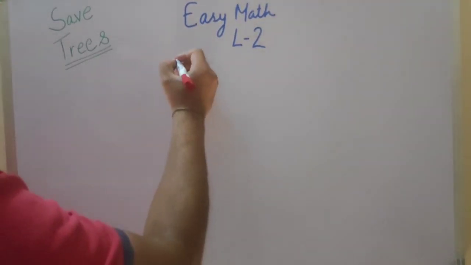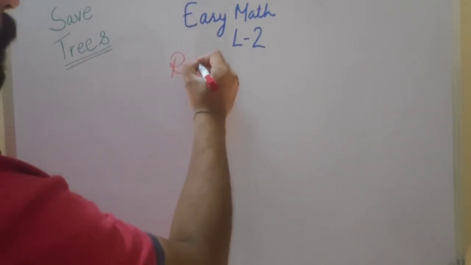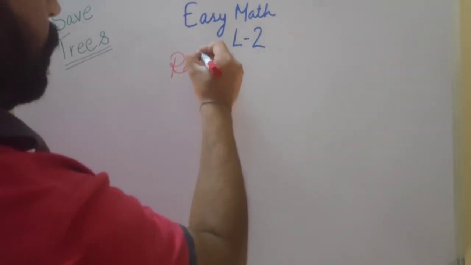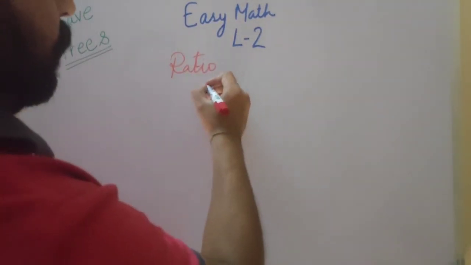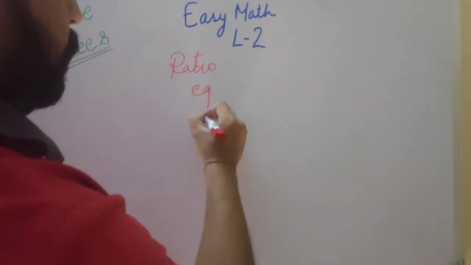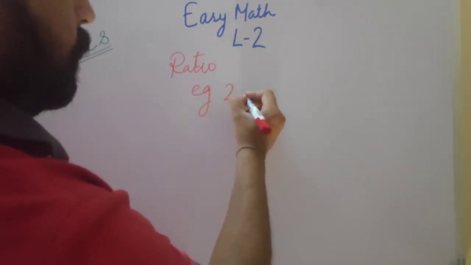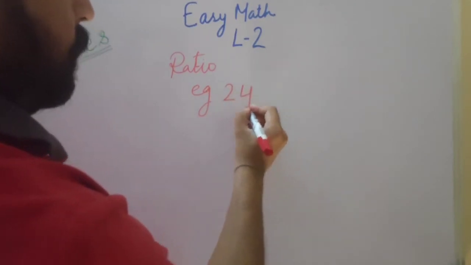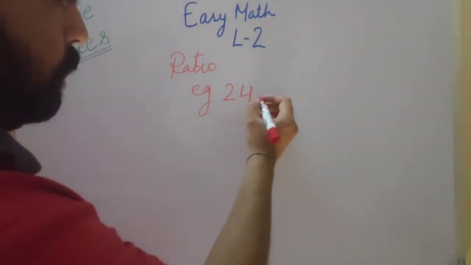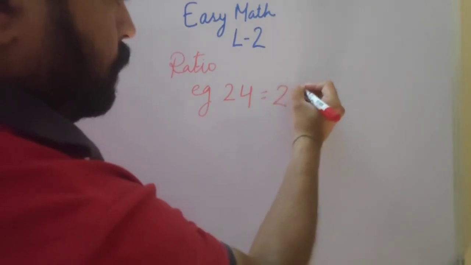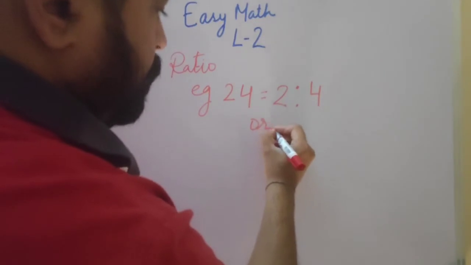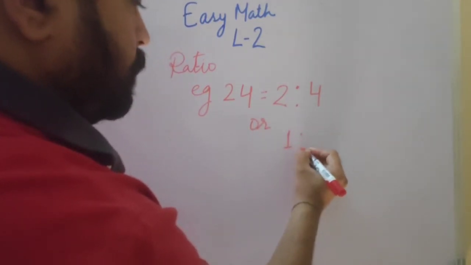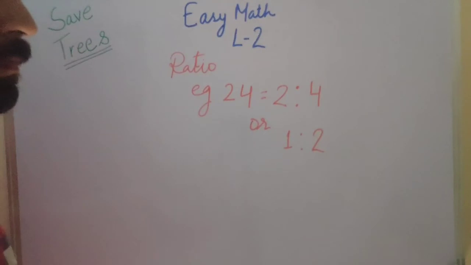If you want to find out the cube of any two-digit number easily, just divide the digits into ratios. For example, let's take 24. You convert both of these digits into a ratio, like 2 is to 4, and as 2 is a common factor, it can be written as 1 is to 2. This is the first step that you should know.